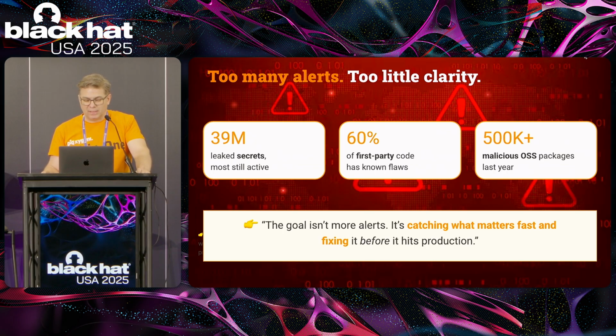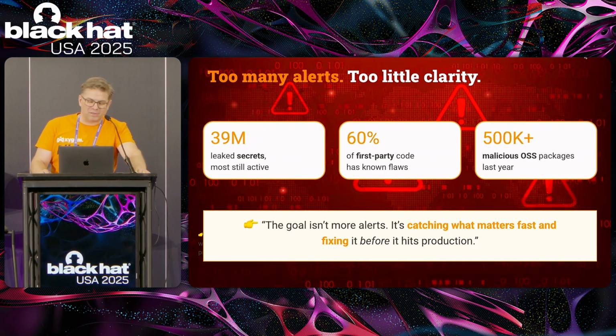What is really important is the detection of malware or malicious packages. Last year we detected more than 500,000 of these packages. That is today the main way of attacking our application, because 80% of our code is based on external sources. So it's very important to detect these things. We have more than enough different vulnerabilities and different risks.